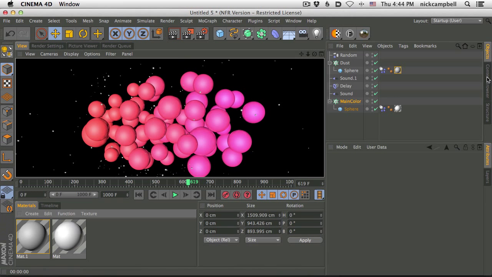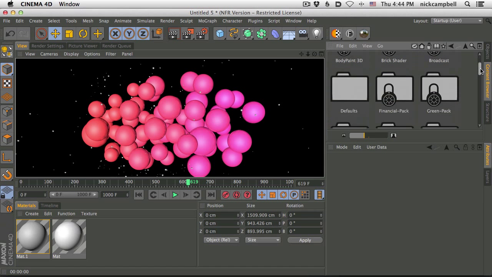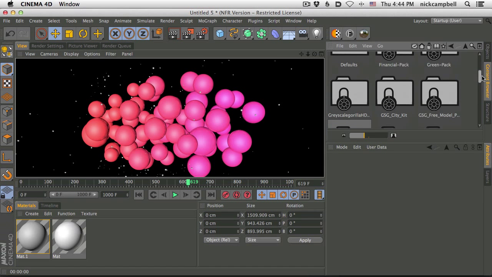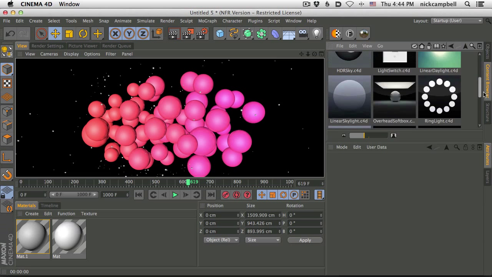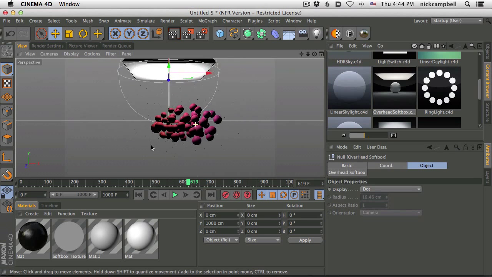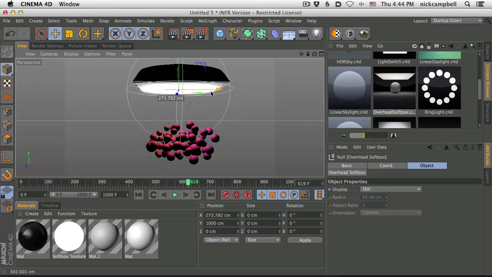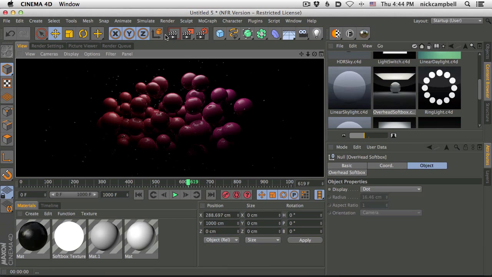Now we got to light this dude. In my case, I used two lights. We went to the light kit, and the overhead softbox was the first one I grabbed. The overhead softbox is just going to come in a little off center because of the way we built that system. But if we move it and shift it over and zoom in here, we're going to go a long way just by doing that. So now, one light, that looks pretty good right there.